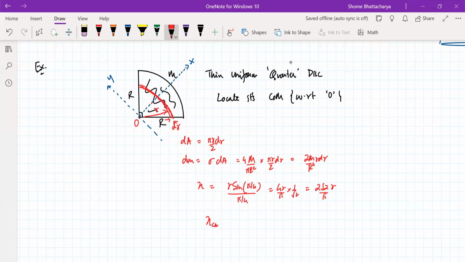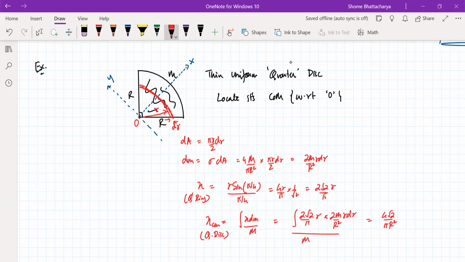So now our XCM for the quarter disk, which is for the quarter ring... dm cancels out and we are left with